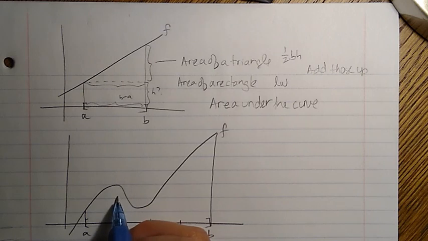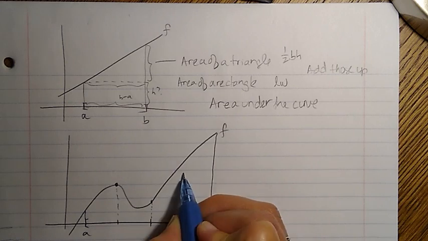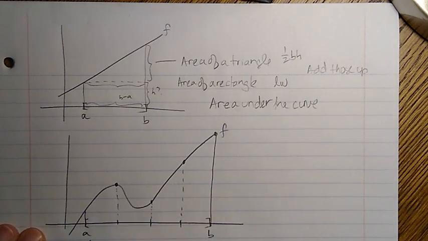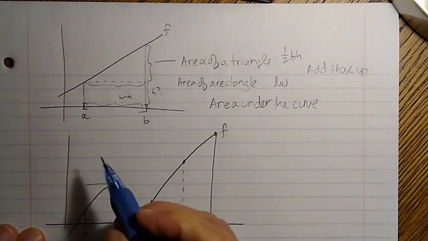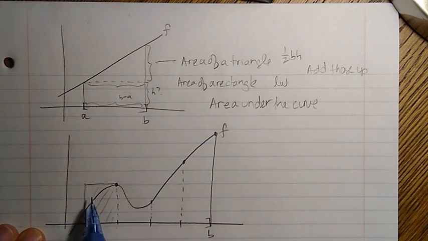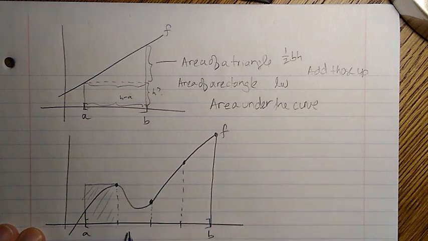And what I'll do is go up and define some rectangles that are defined by the right-hand endpoint of each of these little subintervals. The height is going to be defined by the right-hand endpoint of each of these little subintervals. So maybe I have here a rectangle whose height is defined by this right endpoint, and I can easily compute the area of that rectangle. I see that I'm over-counting. There's some area here that's actually not under the curve. I'm over-counting it. Now I'll come over here, and again, using the right-hand endpoint,